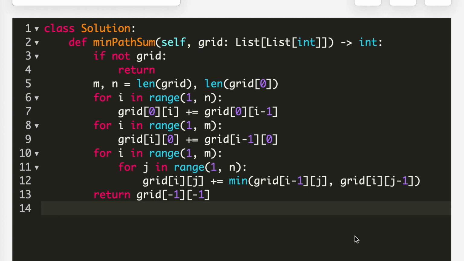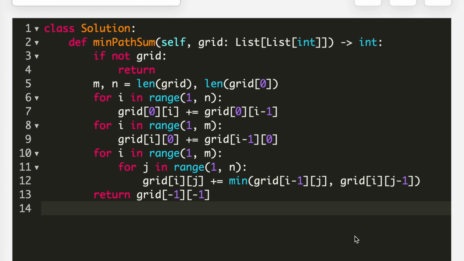At line number 10 and line number 11, I'm taking two for loops, and here I'm taking all the values which didn't appear in the first row and the first column. And what I'm doing here is, for every single value, I'm checking the minimum of the upper and the left side. As the question says that we can only move in the right direction and the down direction, so every time I will be checking the left direction and the upper direction. So I'm taking the minimum of left and upper. Whichever is the minimum value, I'm assigning that value to the particular cell. And at the end, I'm returning the bottom right value. Whatever cell we have in the bottom right, I'm simply returning that.